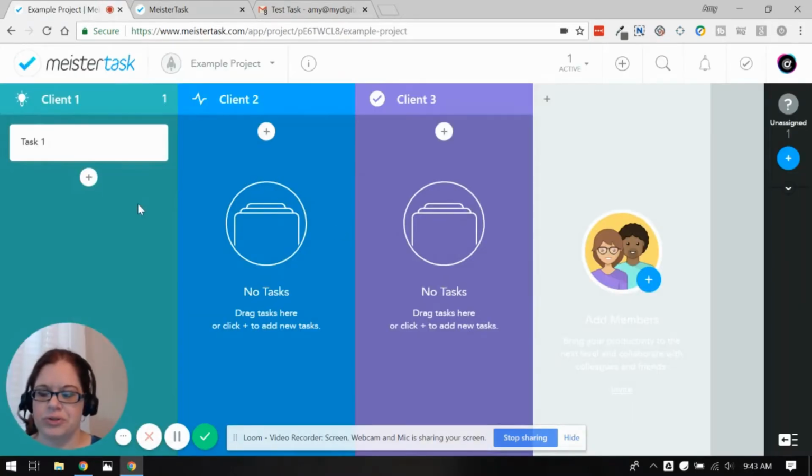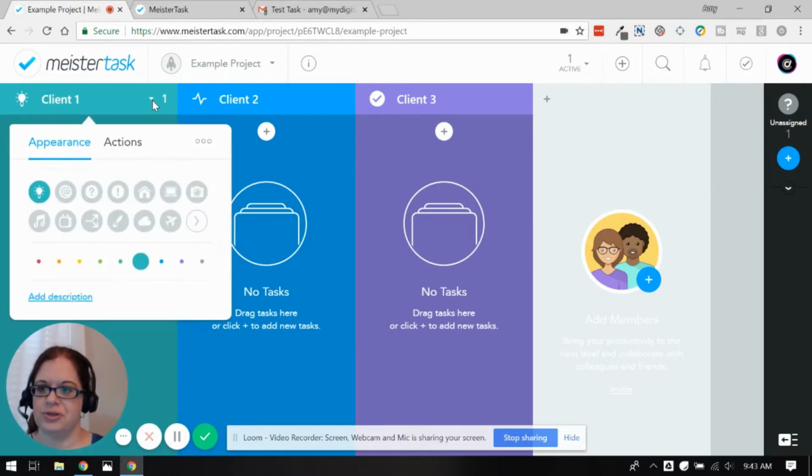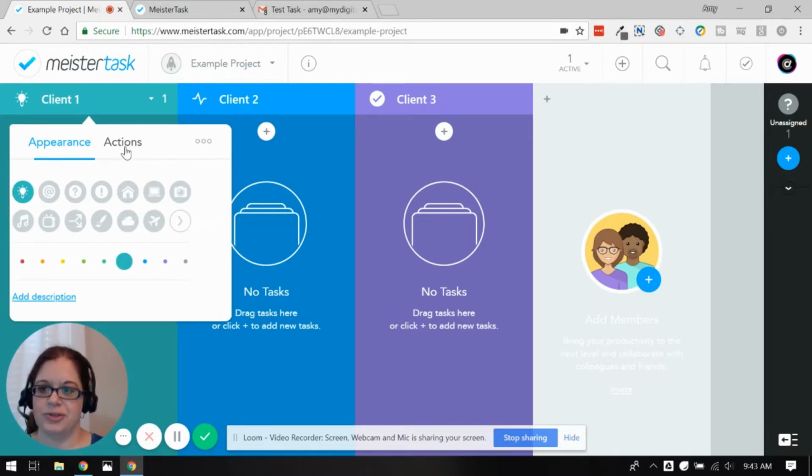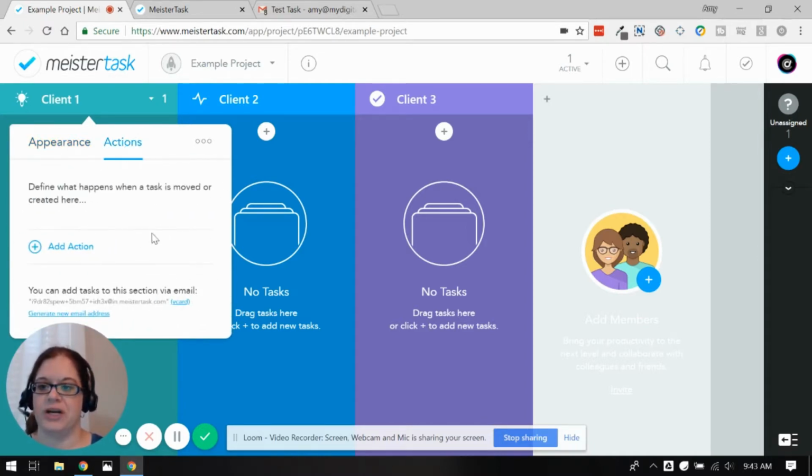The other thing I wanted to show you, it's another reason why I upgraded to Pro, is right in here on each of these little categories, you can change the appearance, add a description, all that stuff. But Actions is super handy. What I found I was doing was each time I added a new task, I needed to tag it and assign it, and I was having to do that manually.